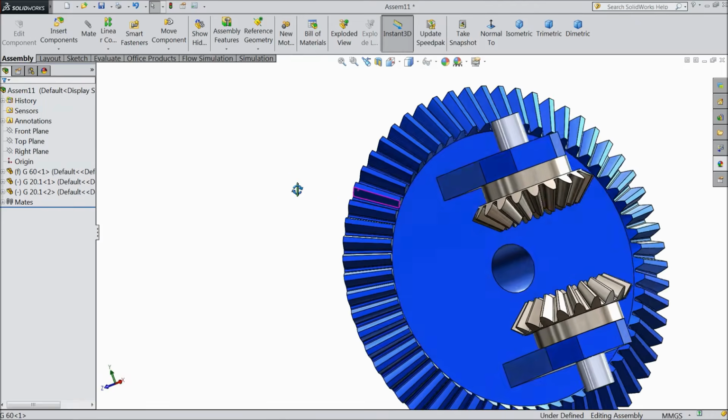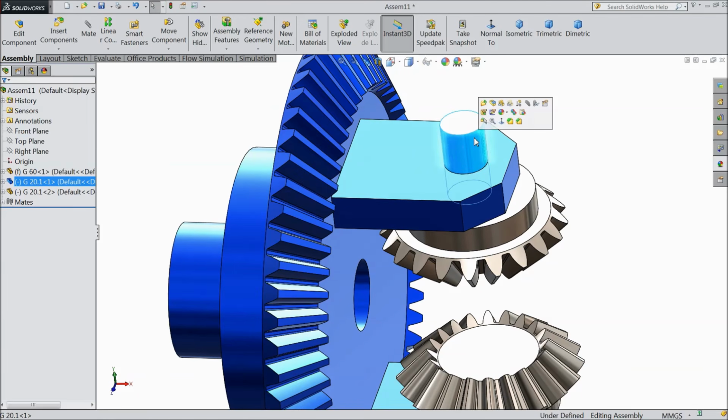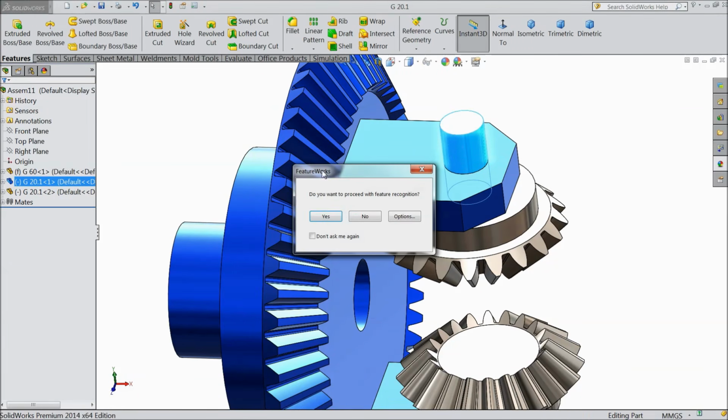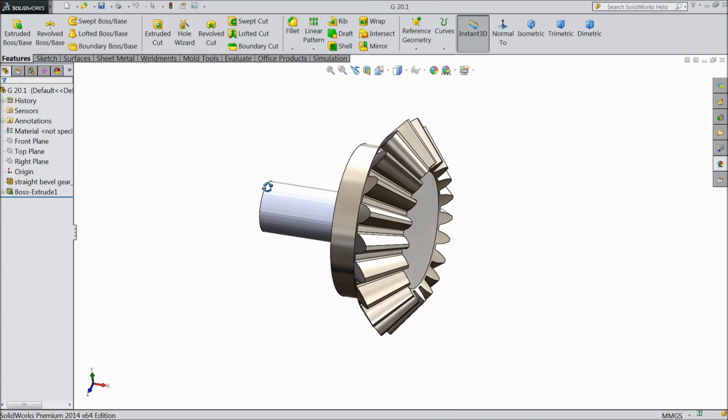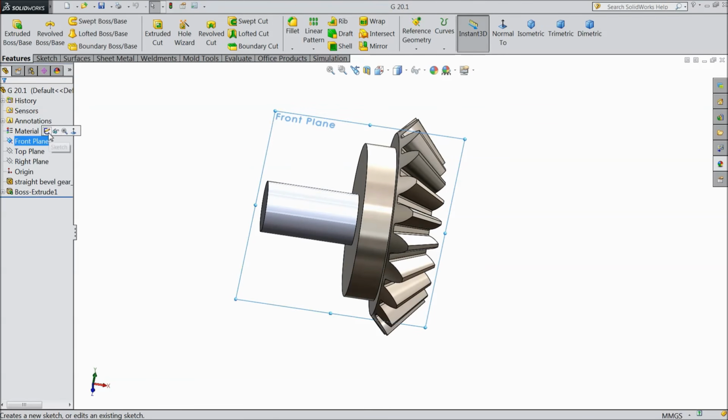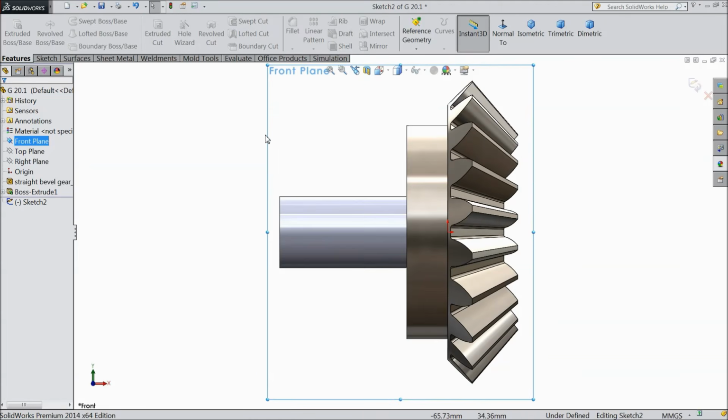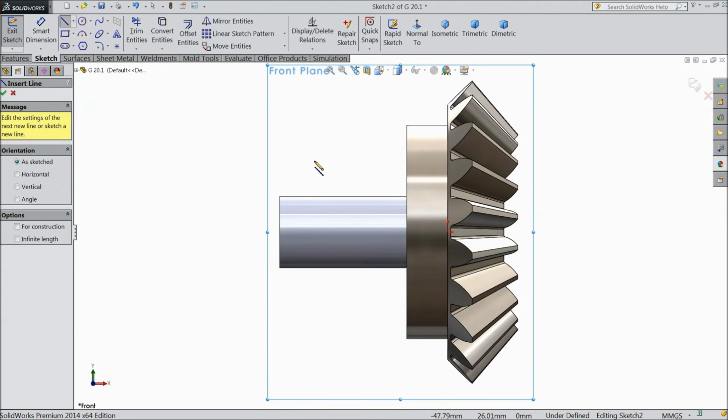Now we want to do some modification in this part. So select this part, open part. Select front plane, sketch, normal. We want to cut because this is bigger. Select a line